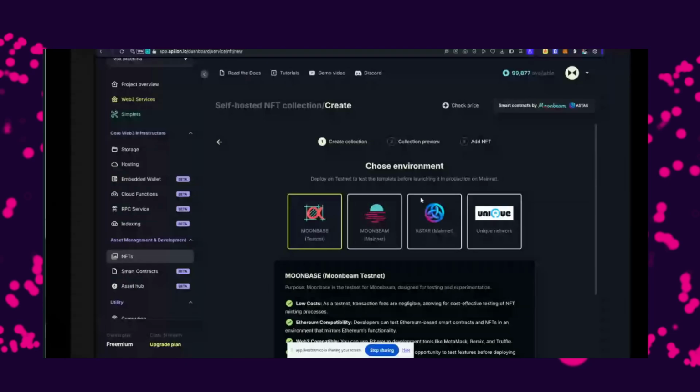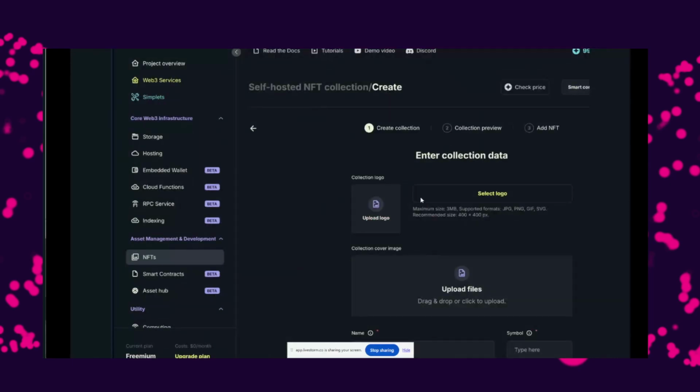Once you choose this, then obviously you have to tell us where you want this NFT collection to be deployed. Again, we're talking about the same providers as before. And then you start configuring the smart contract and how the collection will actually operate. We have the capability of adding a collection logo and collection cover image. Those are not required. They are not part of the smart contract. They're not part of the standard, but they are nice to have as a visual help or as a branding help once you deploy the NFT collection.